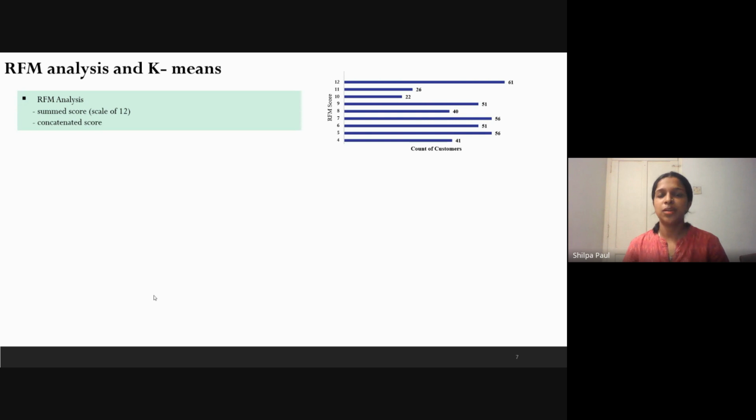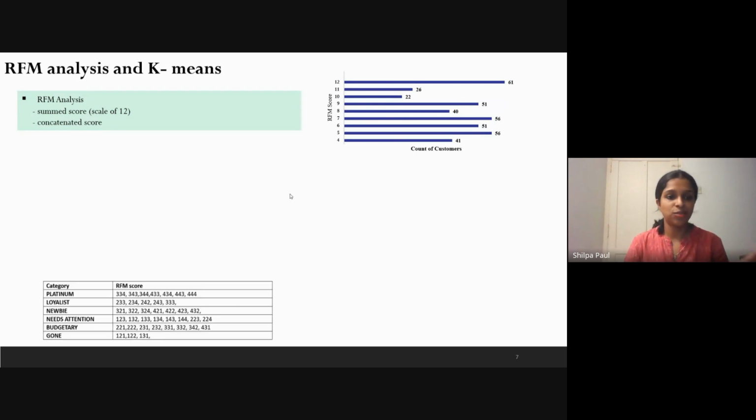Well, very good, but we can't be overzealous about it, because if you look at the bottom half, like 6, 4, and 5, a vast number of them have a very low RFM score. So this does not give a credible enough idea of the RFM analysis. So instead of adding the R, F, and M scores out of 12, we concatenated them, and this helped us create 6 categories for the